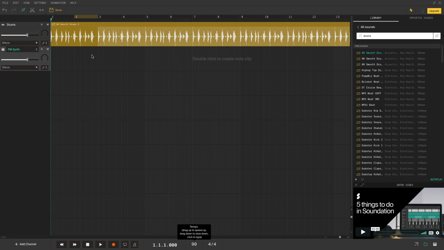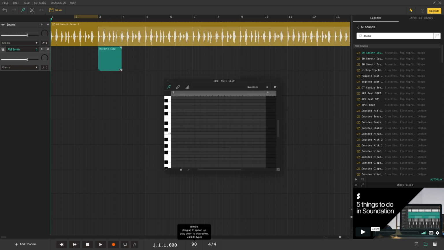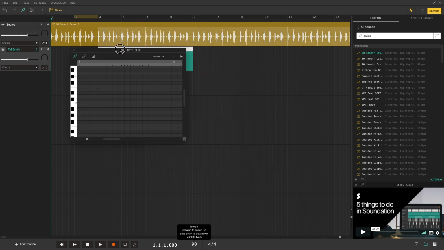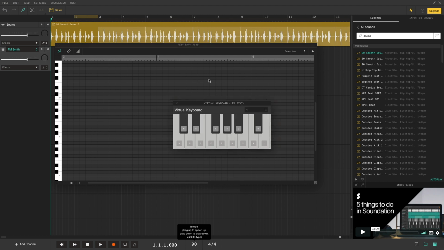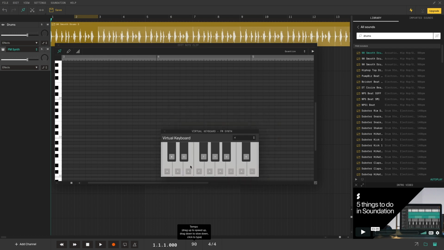Cool, so that was a 4-bar progression. All I'm going to do where I want my progression to start is double click. I'm going to go to the bottom right of that region and drag it out for the length that I wanted. And then I'm going to go ahead and make this full screen. I'm going to open up that virtual keyboard over here,